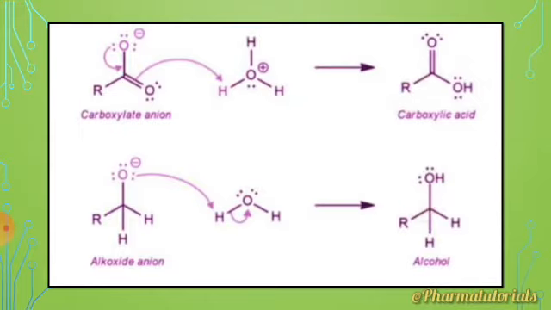The reaction can proceed since the alkoxide is more basic than water. Now the carboxylate ion gives rise to the final product, the carboxylic acid, when the acid workup is used, since the carboxylate is less basic than water and therefore cannot obtain a proton from water. So these are the three steps of the Cannizzaro reaction. All of you understood? Next, cross-Cannizzaro reaction.